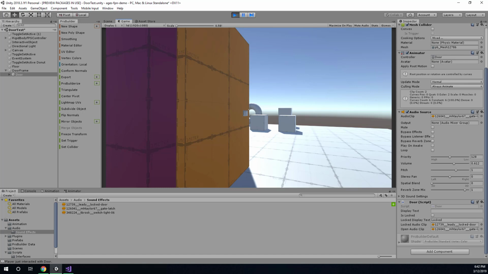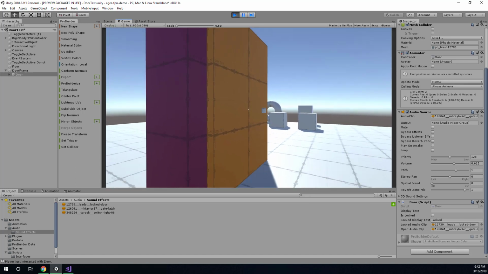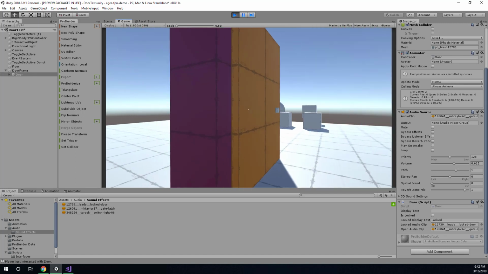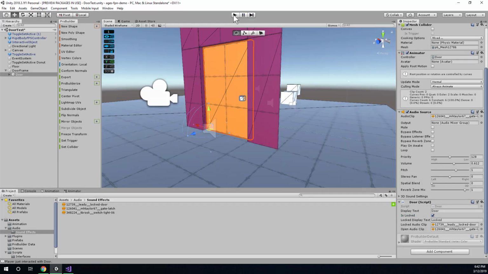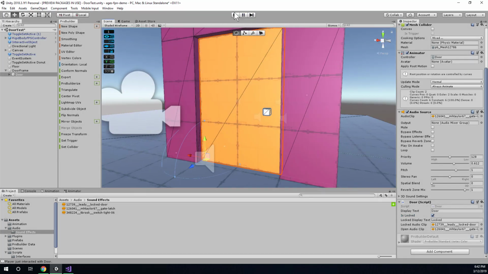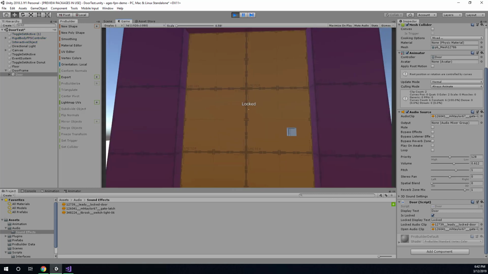I just need to create a way for the game to change that while it's running without me having to hit escape and check a box. See, well, I won't be able to relock it just because our doors can only be opened once, but it does work if we start locked. Cool. All right, well, this is a pretty good